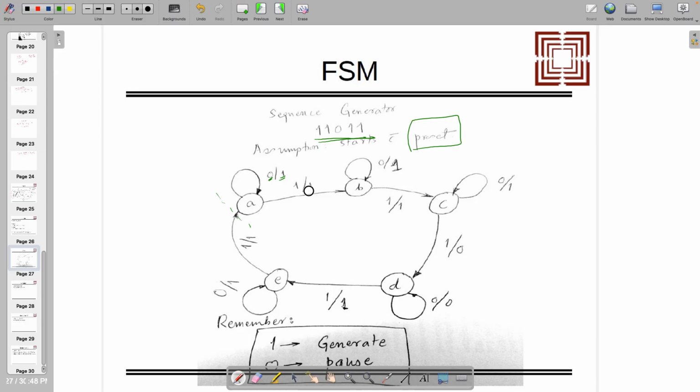When it's generating, its first state is 1, the second one is 1, the third is 0, this one is 1, and this one is again 1. So that makes 11011. And during the time when the input is 0, at that time it's retaining the previous state. So if it is 1 here, then this will also remain 1. If this is 0, and this is 1, then this will be 1. If it is 0 in this case, then this will be 0. So on and so forth, you can keep that.